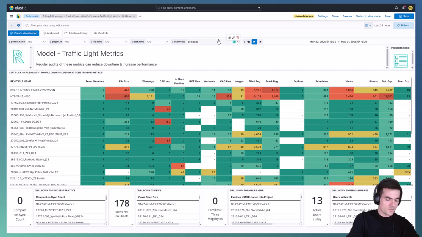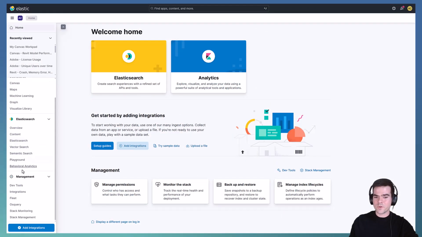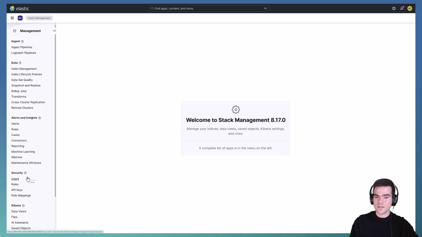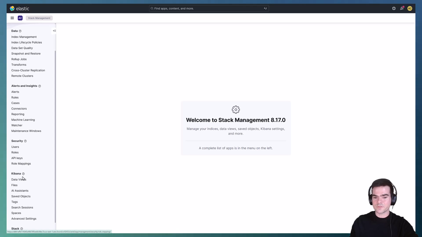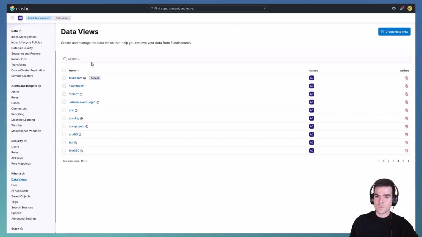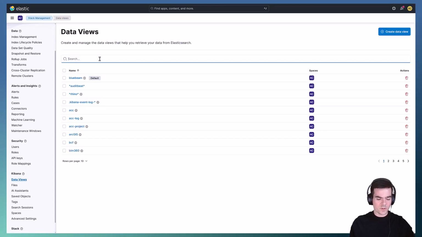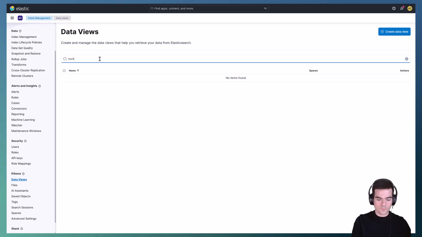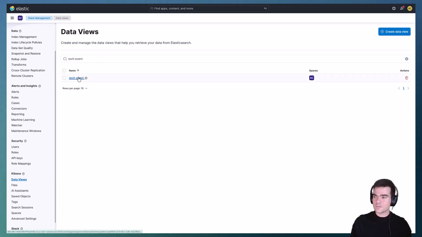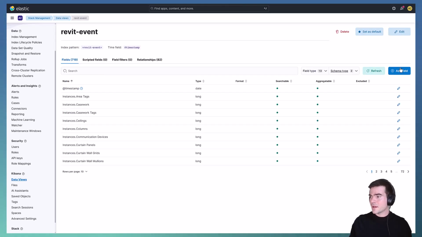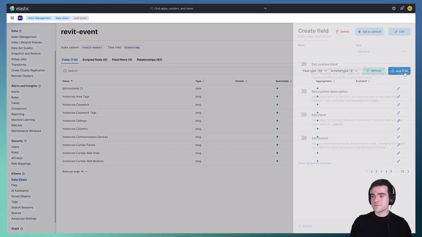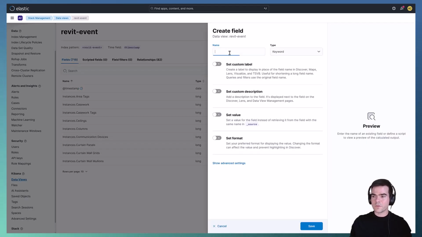Let's go ahead and make our own. First, we'll need to go under Management. And then in Management, we'll click on Data Views. We'll search for the data view in which we want to create a runtime field. In this case, let's make one for Revit event. And we'll simply click on the top right where it says Add Field. We'll give our runtime field a name,